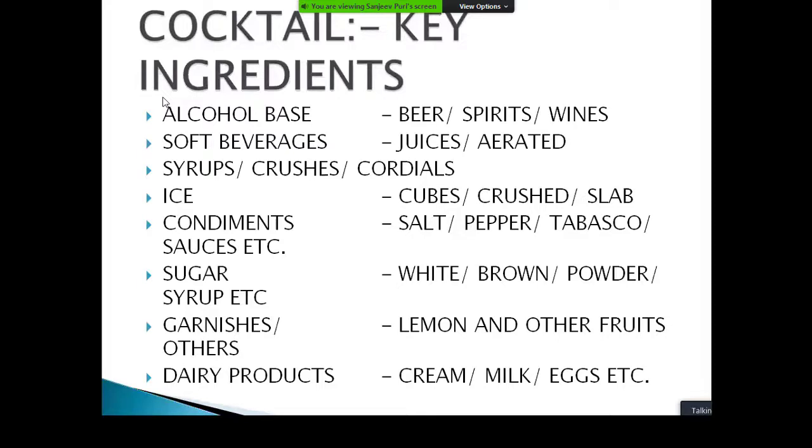Then you have ice. Ice is the most important ingredient that we use in a cocktail, and it's one of the most important ingredients that goes first, because when you're going to make a cocktail, you have to be very, very careful that the cheapest ingredients go in first and the bases in the end. So you start off with ice, then you give the second cheapest, then the third, and the alcoholic beverage in the end. So what happens is, when you're going to be doing this, if there is some ingredient that is not